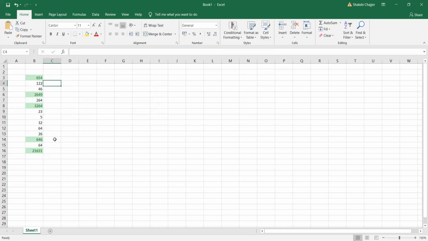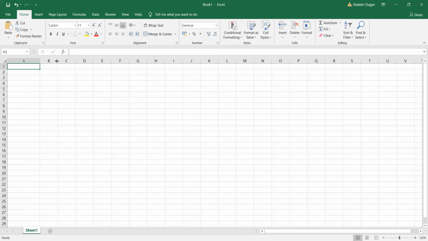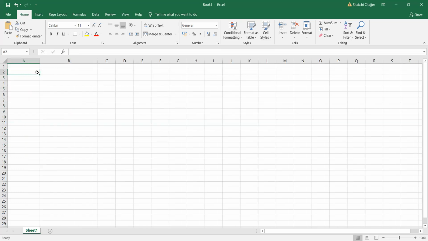Now it's not that you can use it only for this specific cell. Let's just create a complete table with the proper names. Let's have the marks card.